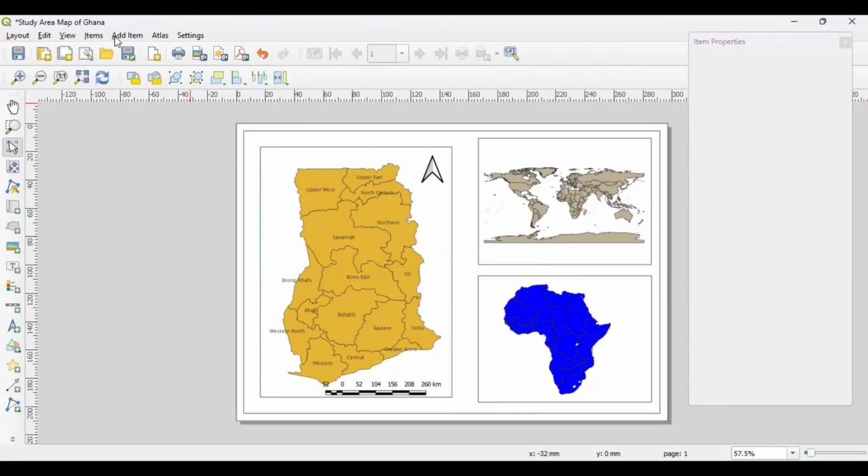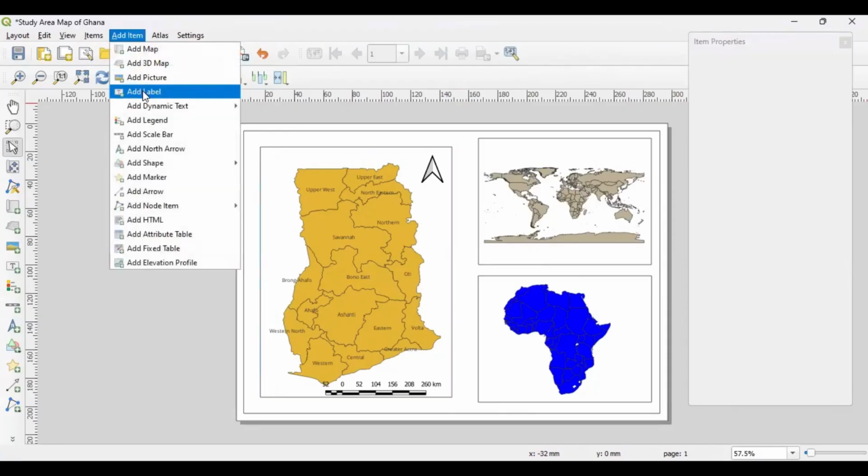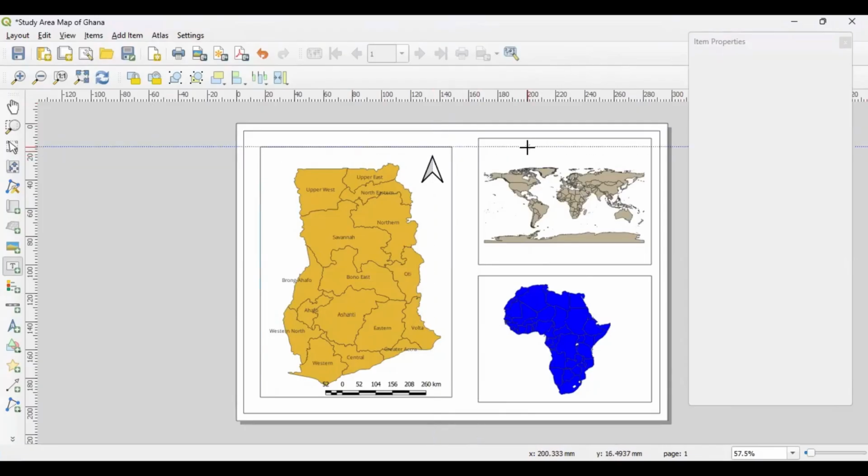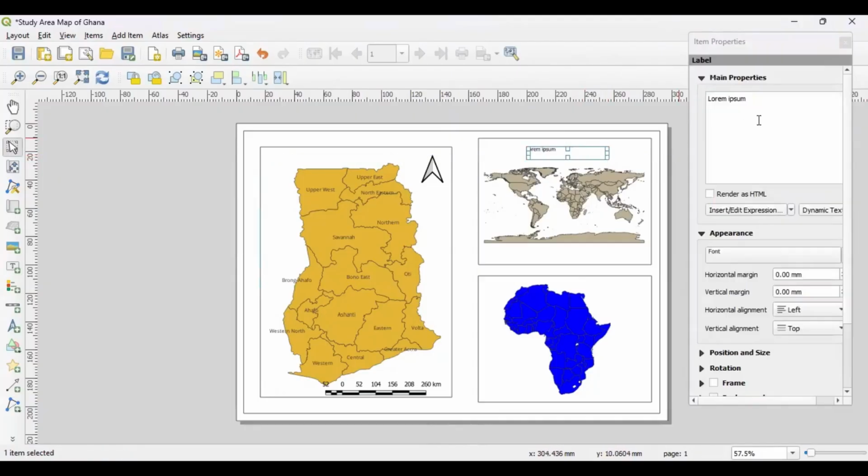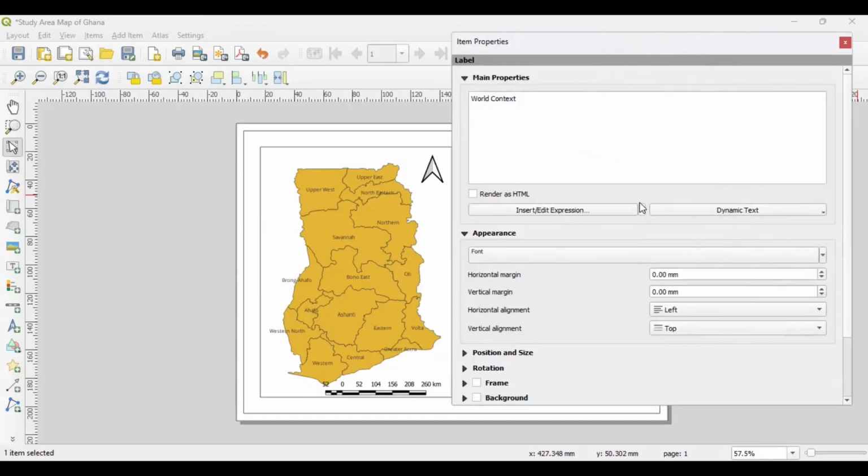So you come to add, and just try to add labels if you want. You can just write here: world context. Okay, so once you have world context over there,